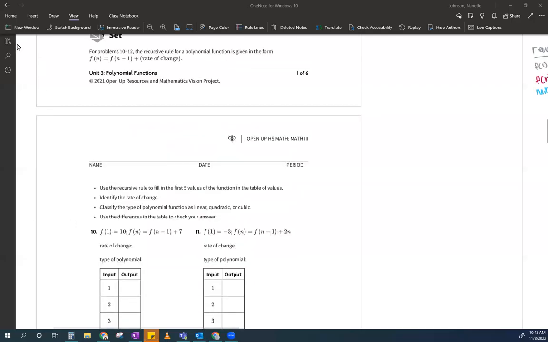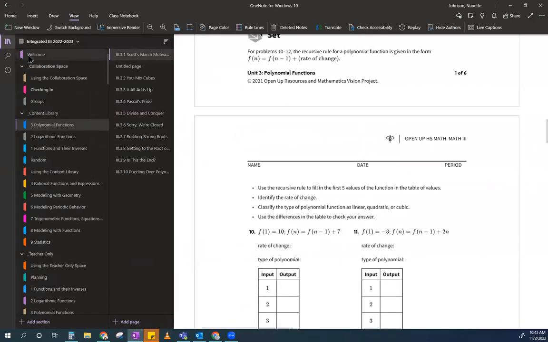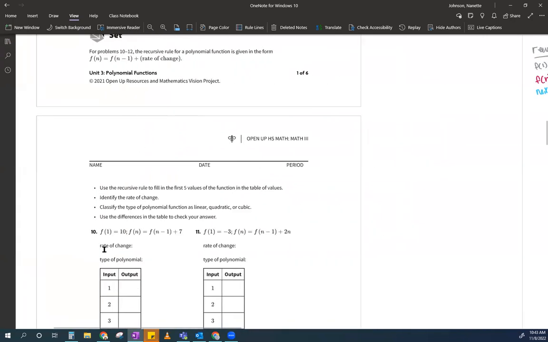Okay, so we're going to be doing 3.1, ready, set, go for number 10 and number 14. So it says for problems 10 through 12, the recursive rule for the polynomial function is given in this form. Next equals previous plus rate of change. This is very standard. If you're not comfortable with this yet, just kind of get used to seeing this over